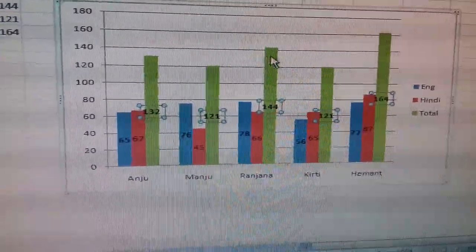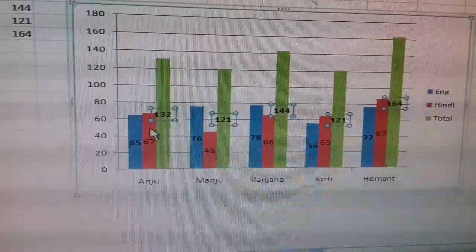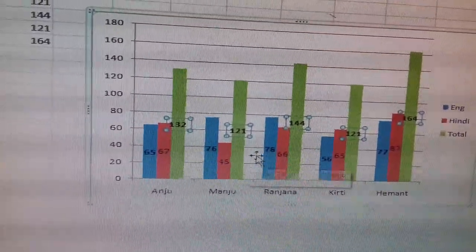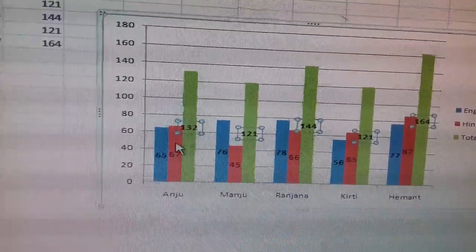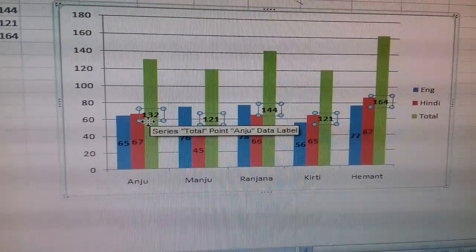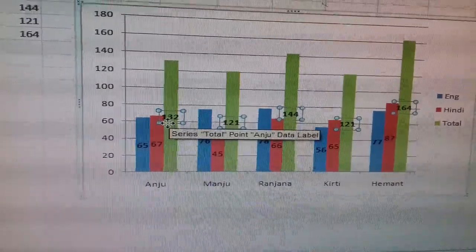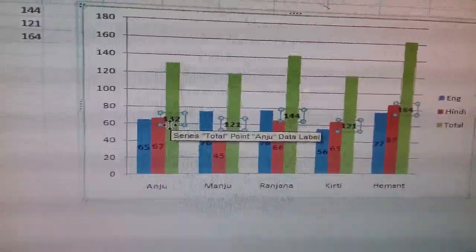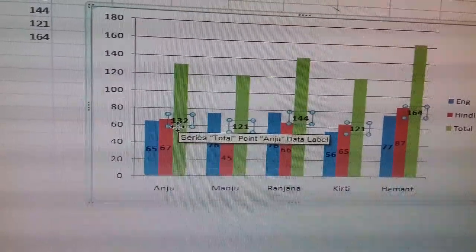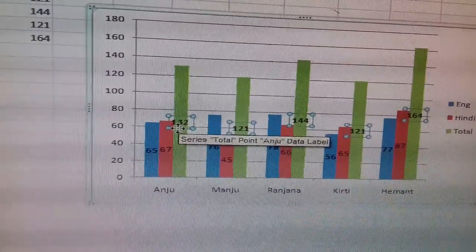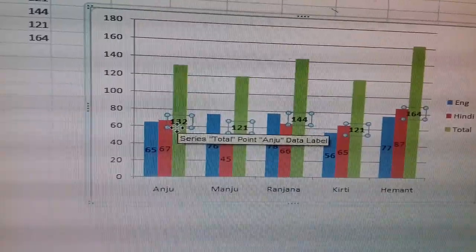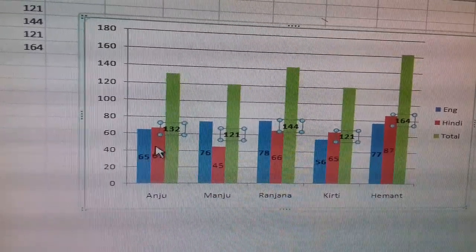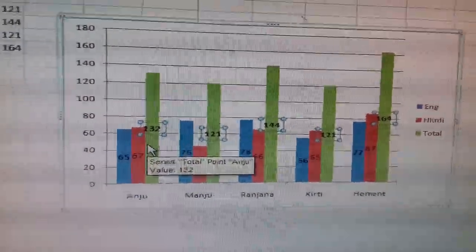Now children, you can see the different bars, blue, red, green. These bars are called data series, in which I have displayed the value also. Data series are the bars, slices or other elements that show the data value. And if there are multiple data series in a chart, each will have a different color or style. As you can see here, it is blue, red and green.